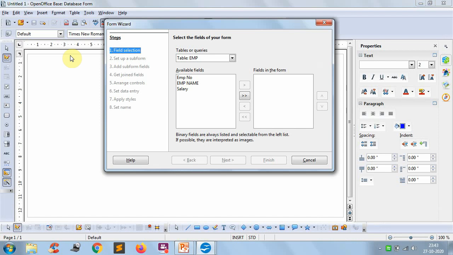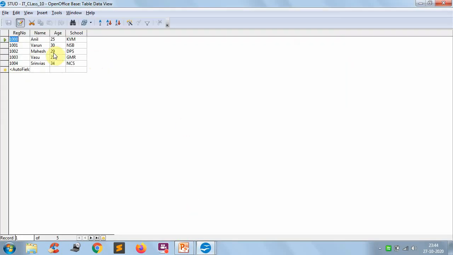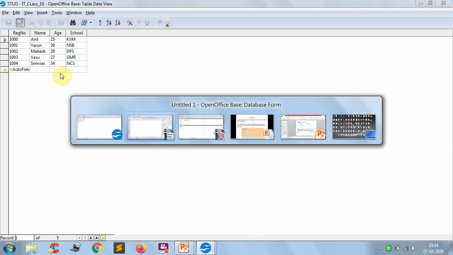Whenever you are creating a form, you are accepting the data from the user and inserting it into the table. The user should not enter data directly in the table like this, because the user may accidentally disturb other people's data. That is the only reason we have to create the forms.